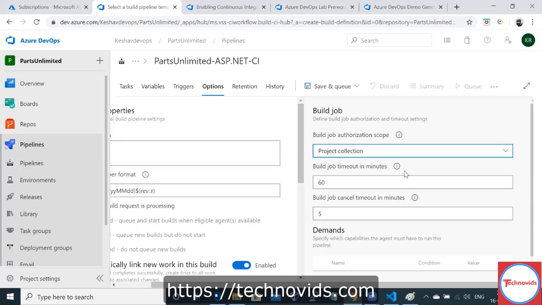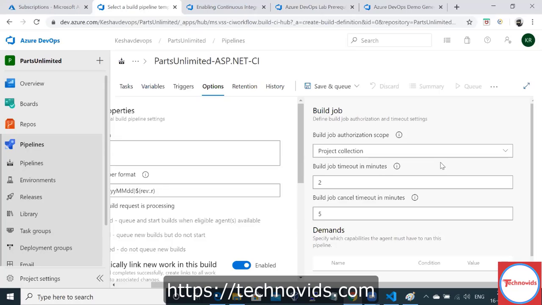Build job timeout in minutes. Let's not keep this much. Just 2 minutes. Suppose it is not able to run the build, then it should fail within 2 minutes. Don't wait till 60 or 70 minutes.